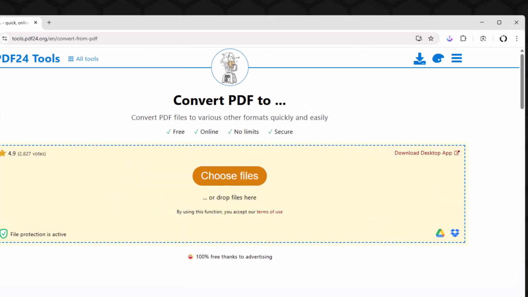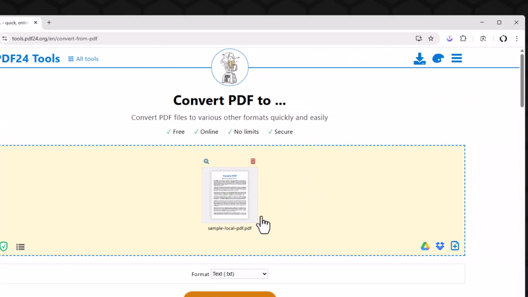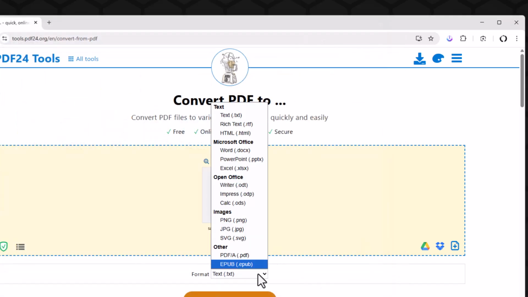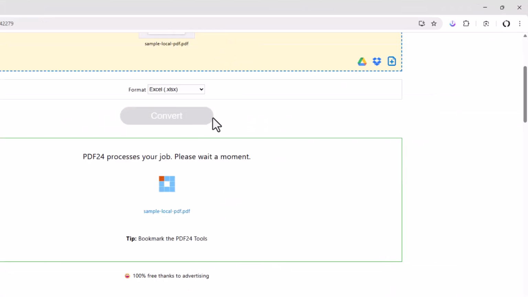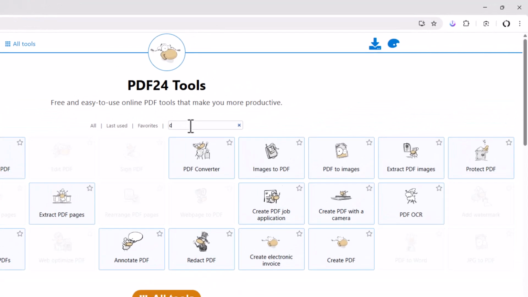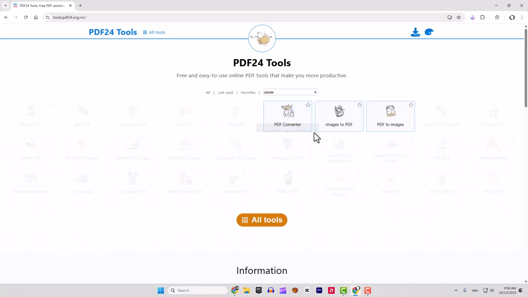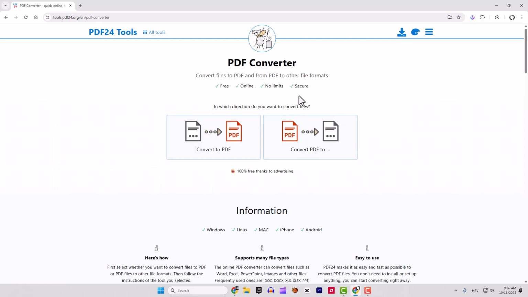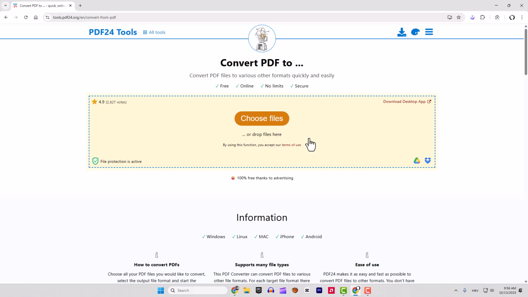Let me show you how to extract data from a PDF file to your Excel or CSV file in these 3 easy steps. The first step is to go to the PDF24 Tools, and over here just type in convert in the search bar and you can see options. So PDF converter is the tool we want, so click it and click here PDF tool, so you will choose the formats. And you can choose your files or drop your files here,